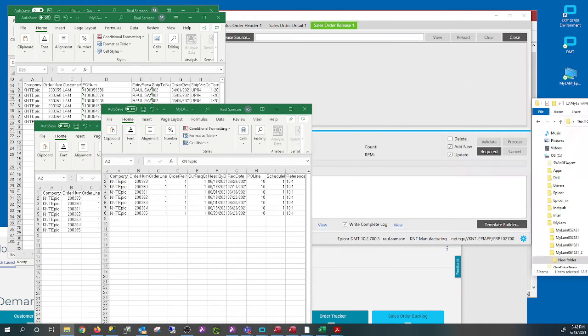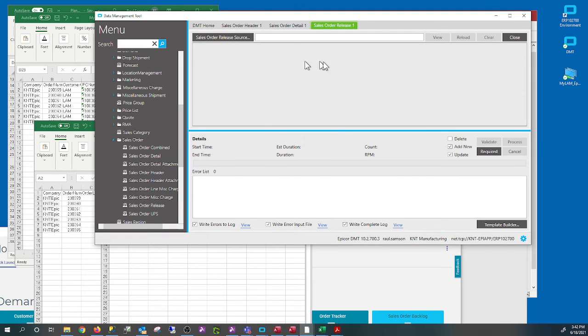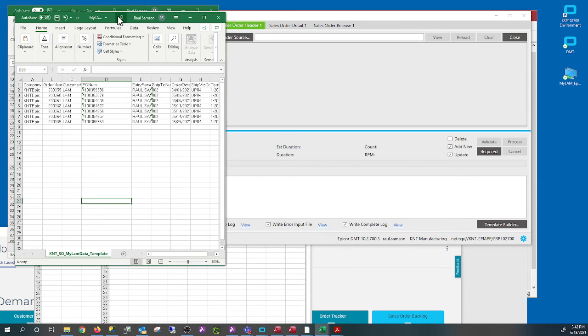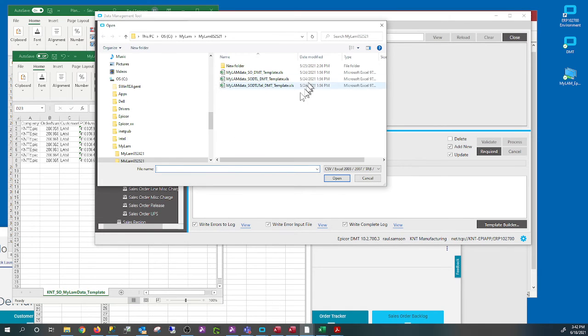So before we load these spreadsheets, what you're going to do is click here on the sales order header, which corresponds to this spreadsheet. So just click on this button, and then click on the date today, 18, this, and this is the headers.